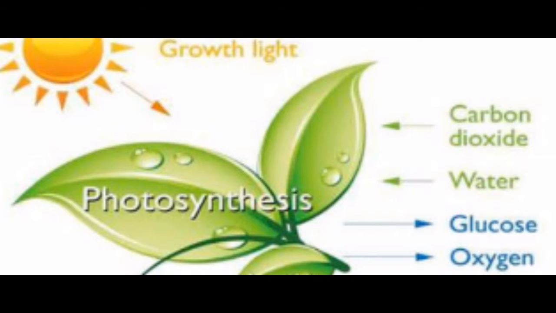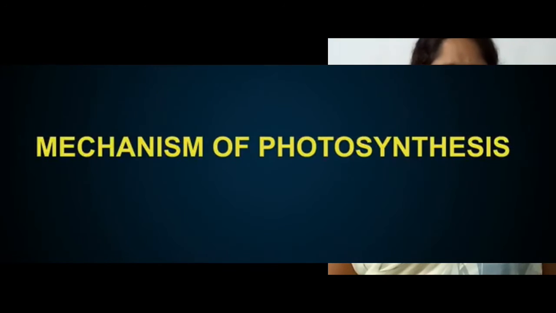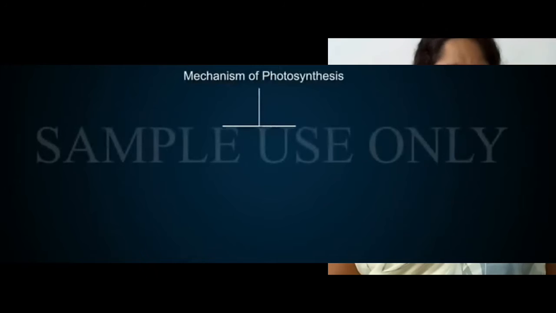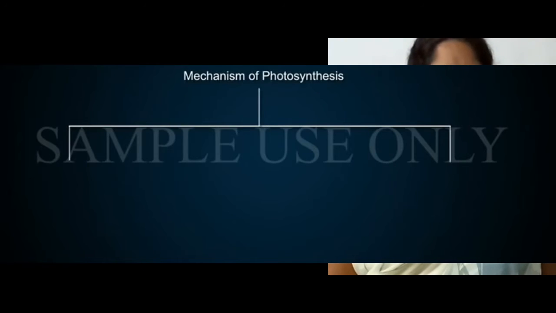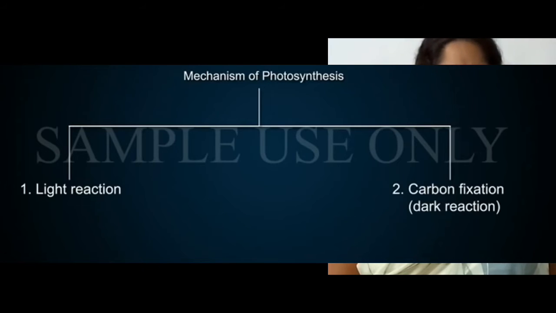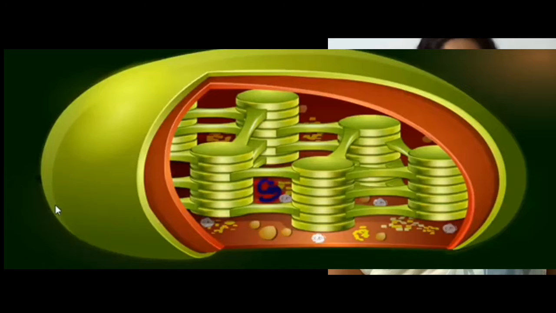The process of photosynthesis takes place in two major phases. The first one is light dependent reaction and another one is light independent reaction. First, let us look at the light dependent reaction. In light dependent reaction, light plays an important role. A series of chemical reactions occurs in very quick succession initiated by the light. So, the phase is technically called the photochemical phase or light dependent reaction or light reaction.